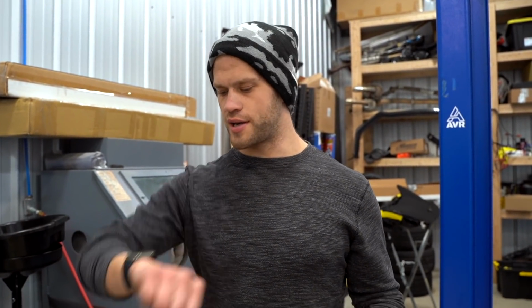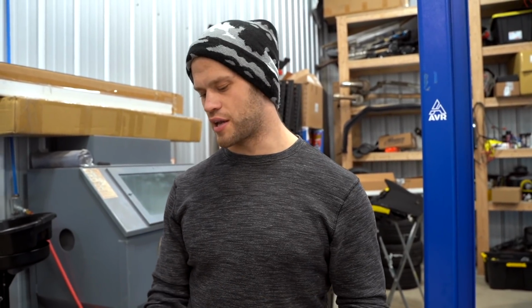This should be the final layer, the final coat of the epoxy. We're gonna come back here in the morning. It is currently 12:15, so come back here around 8, 9 o'clock, and hopefully it's dried and cured enough by then to do a little wet sand, get her polished up, and we should be done with our very first